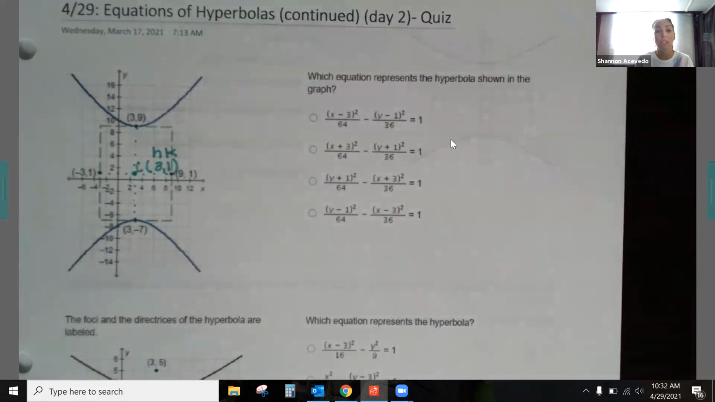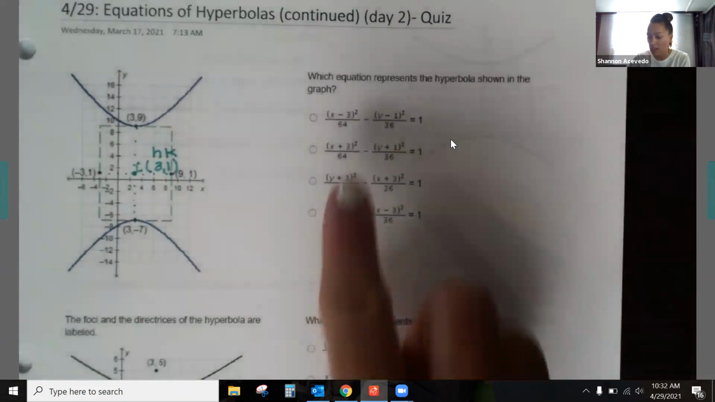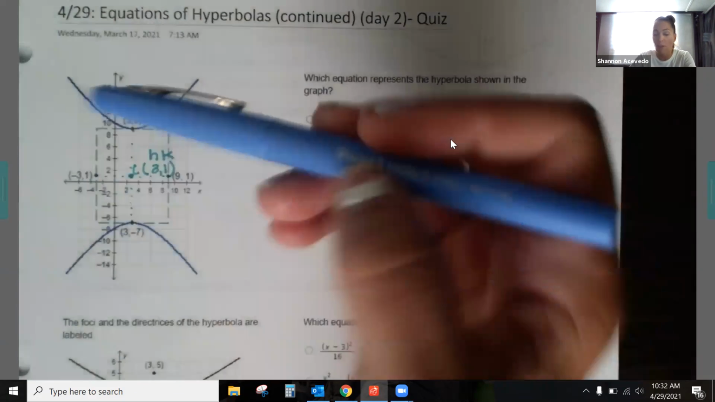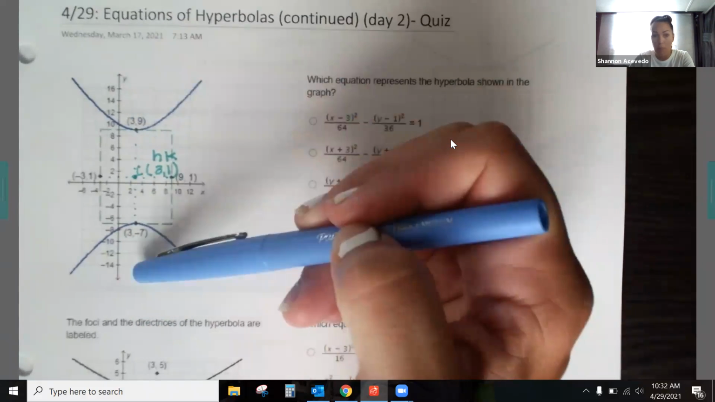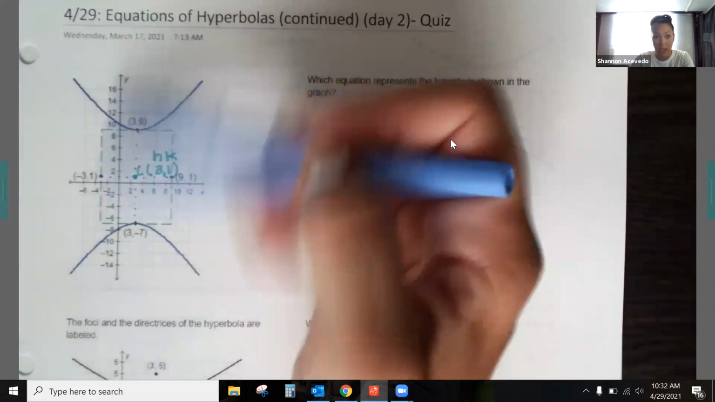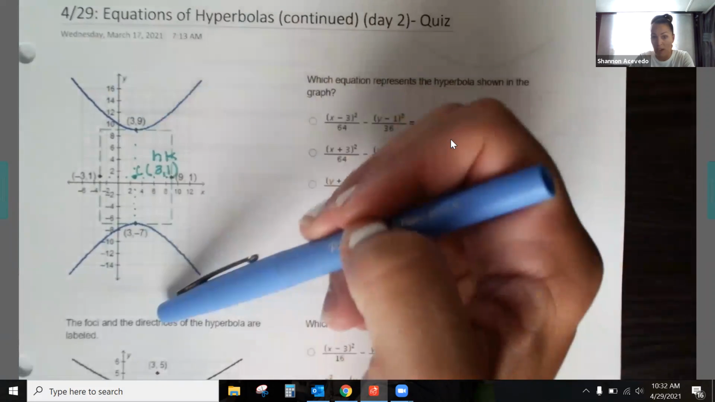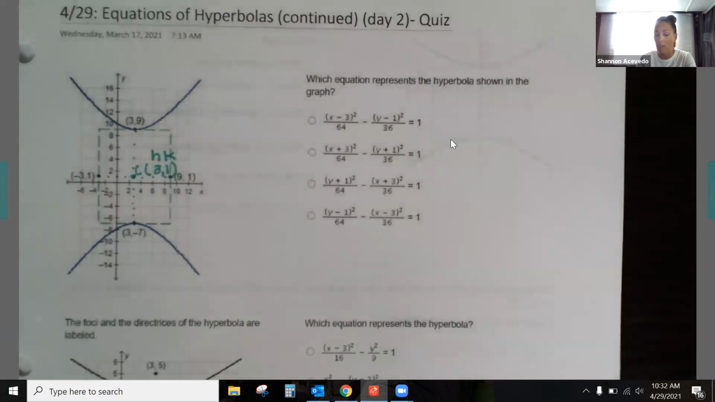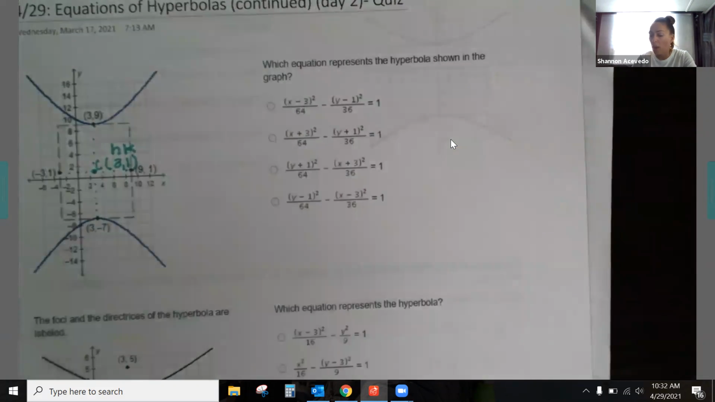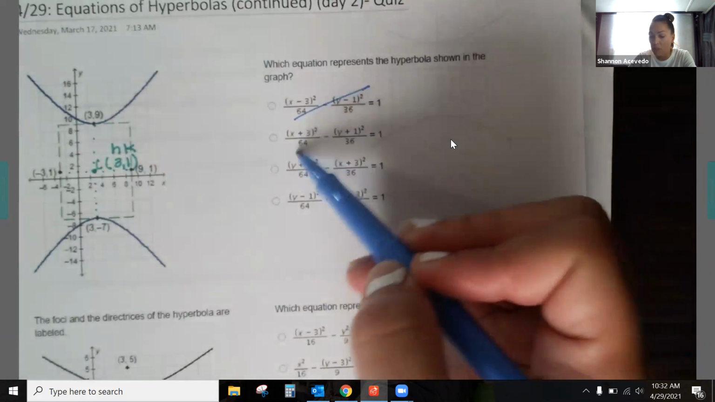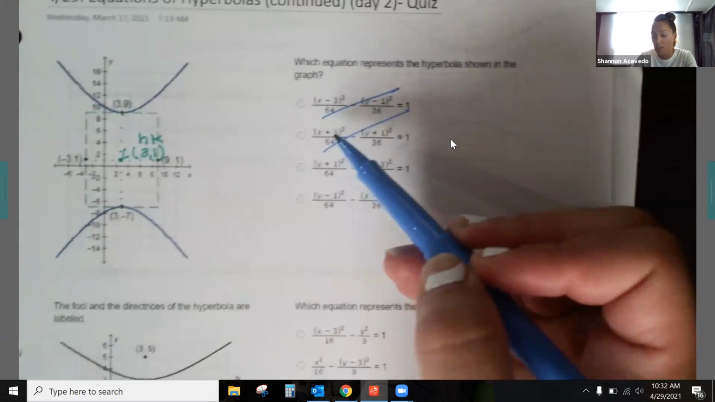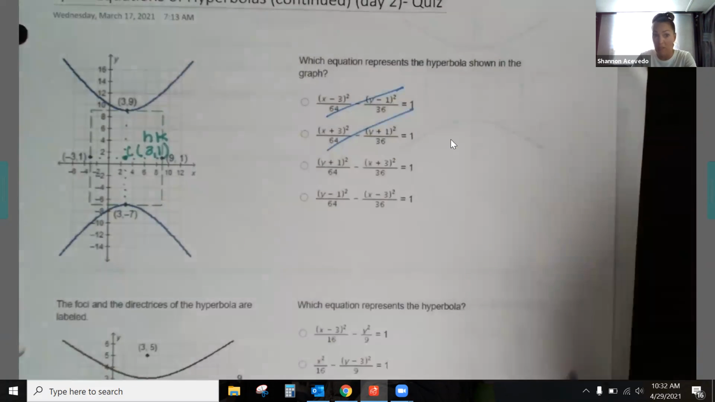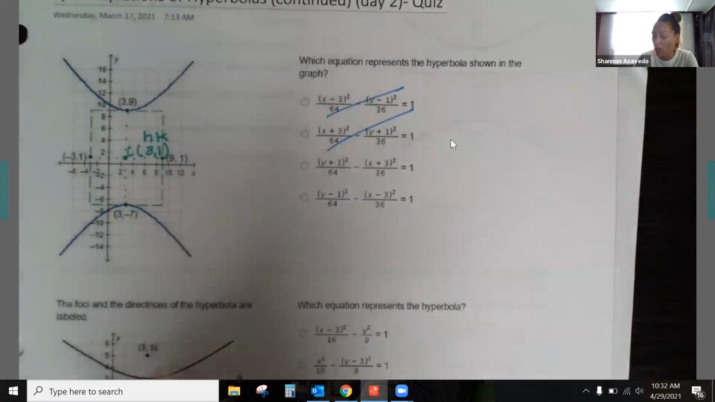The other thing I need to know is whether my X values or my Y values go first. And that's super easy to figure out. If the graph opens up and down, the axis that goes up and down is the Y axis, then it's the Y value that comes first. So I know right away it's not going to be one of these because the X value comes first. The X axis goes left and right, so if the graph opens left and right, then it would be X first. So I know then